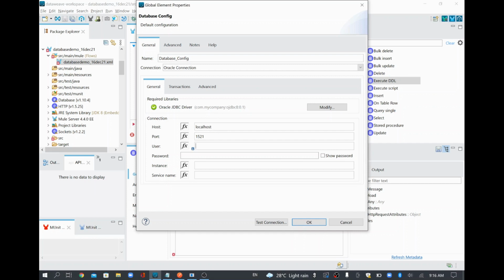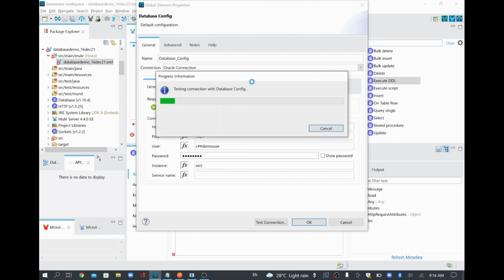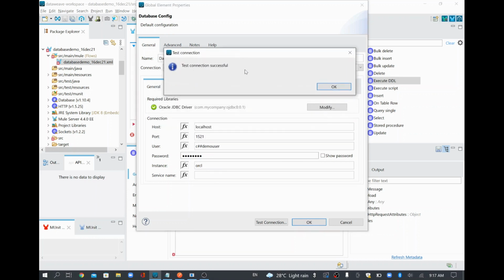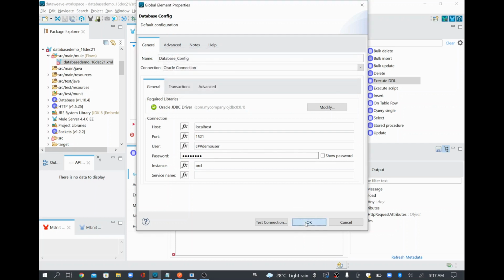I have my database on my local machine, at localhost 1521, and I have a username called c demo user and then the password. It's an Oracle database, and I'll do a test connection. I'll be able to connect to the database, and after that I'll configure the required DDL query. Once we see test successful, we will proceed further. It's trying to establish connectivity to the database. In my case, the database is running on my local machine, so it will try to connect there. But in your case, you can give the actual database server name. See here, test connection is successful. I'll give OK and click OK here.